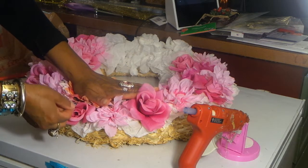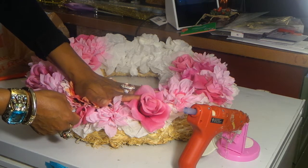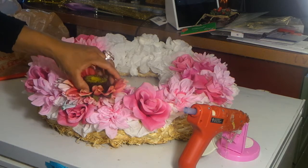You guys see this little piece here? I'm going to chop that off. That's the bottom of this, but I wanted to first get this all attached. Okay, that looks